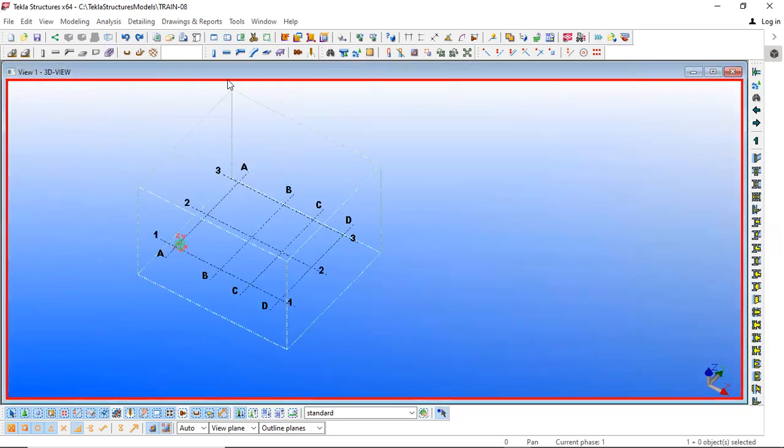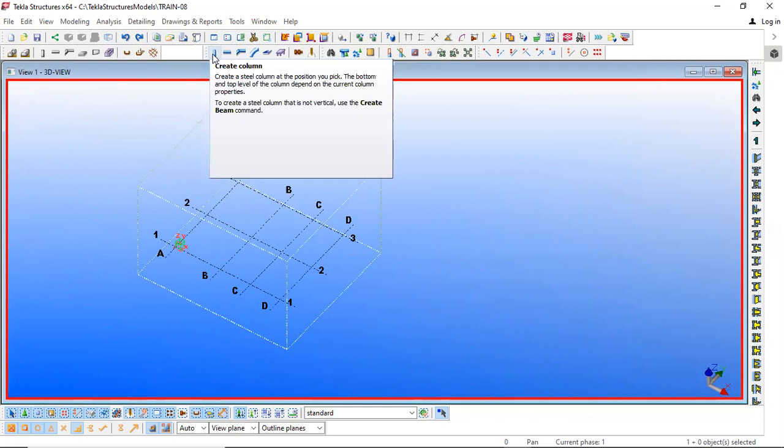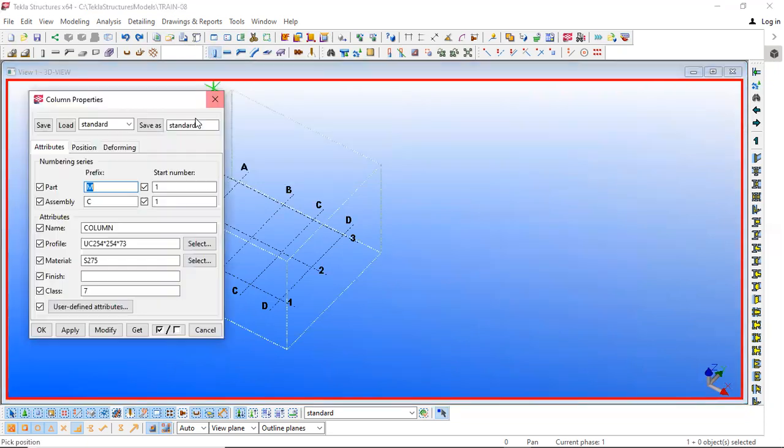Then we have this thing, what we call steel menu. Okay, this is the steel menu. From the steel toolbar, sorry, steel toolbar, you can add steel items. Okay, so any steel item I have to add, I can add it from here directly.